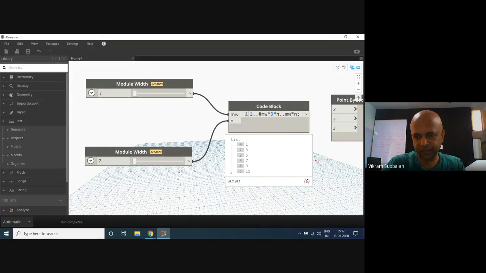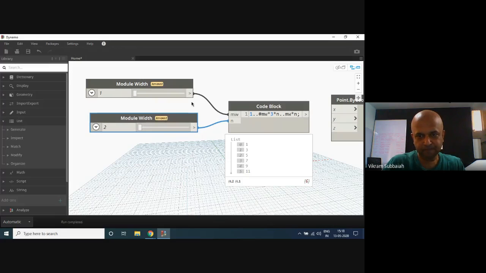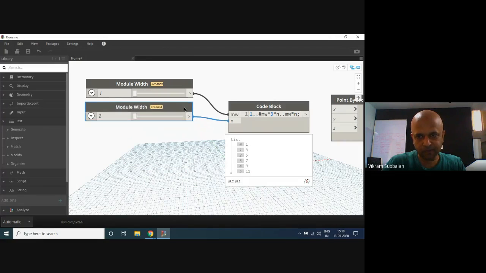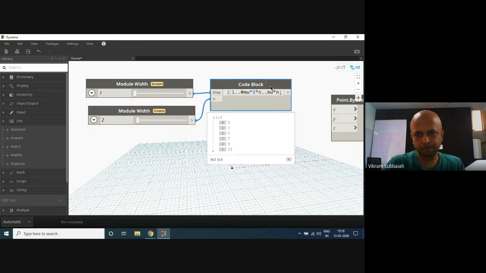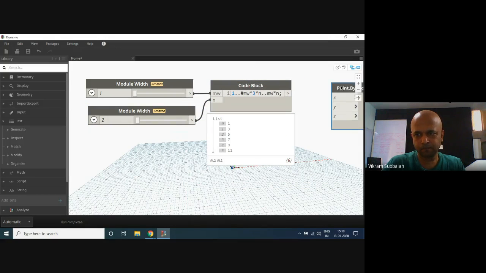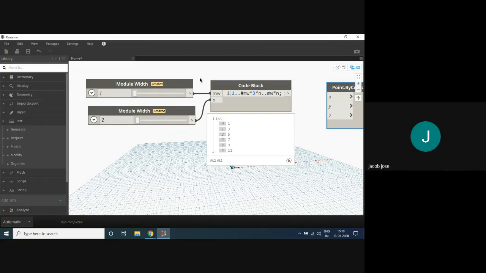Is this looking right? I didn't understand that. Sorry? I didn't understand that code block.